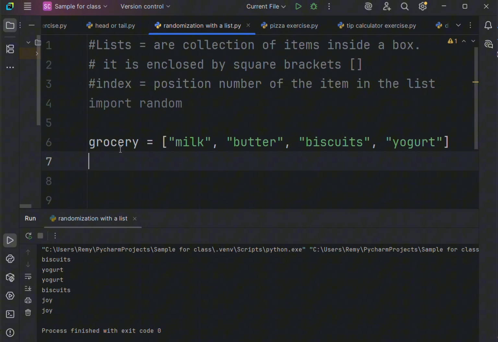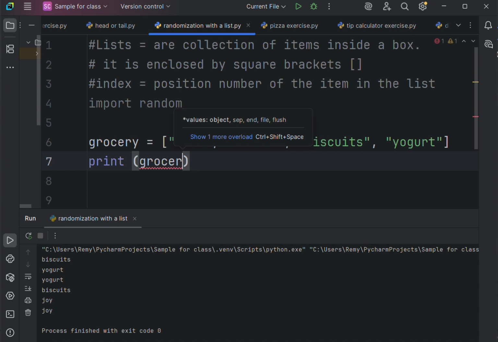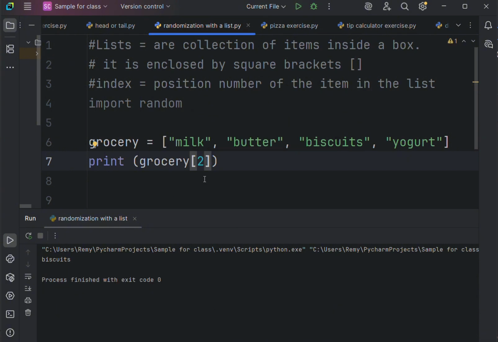All right, so we can actually print something from the list using the index. Say, for example, I want to print biscuit. So biscuit has the index position number 2. So if I do this, I'll have biscuit printed here because I called grocery number 2, and on my list, number 2 is biscuit. If I write here 0, what will be printed?